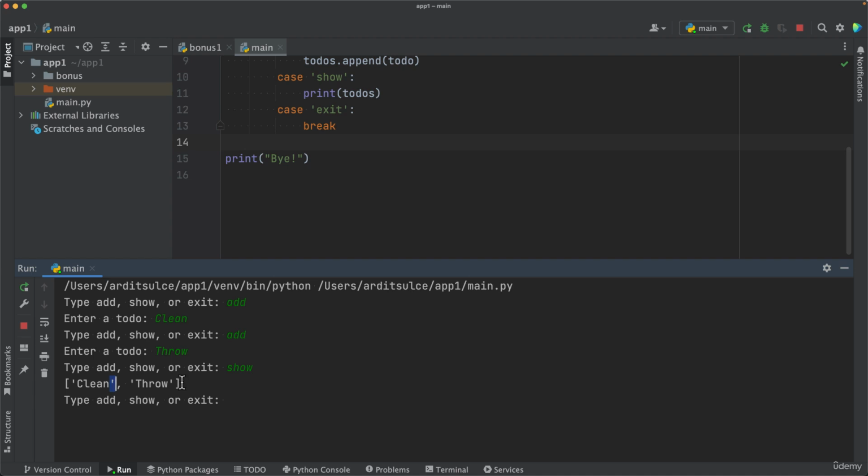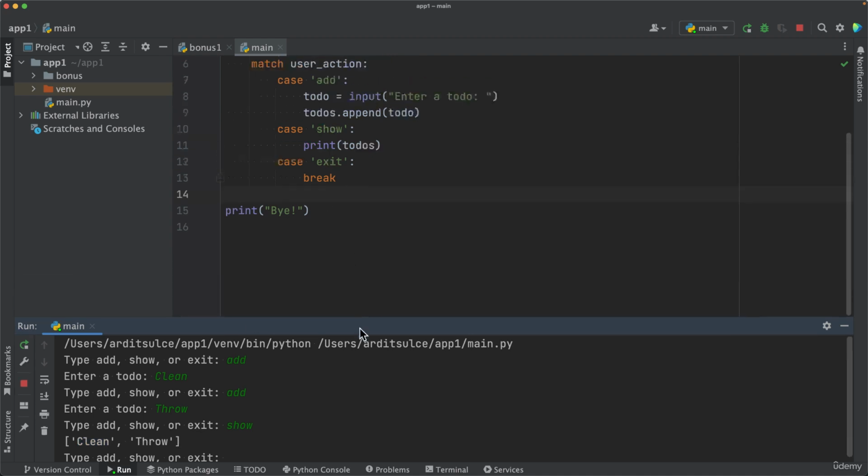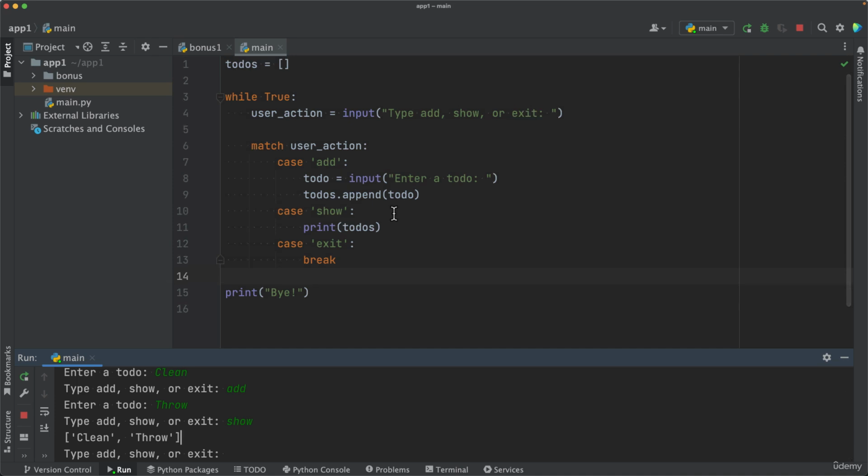So how can we output each to-do in one line? One to-do item per line, without brackets, without commas, without quotes. Well, to do that, we need to print out each of the to-dos using a print function. So basically what we want to do is go to the show case, and instead of printing out the list, we delete that and we say for item in to-dos